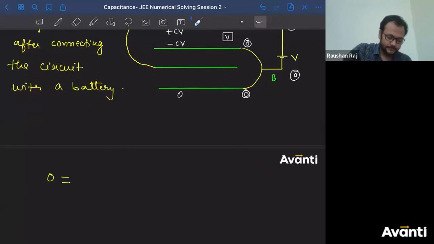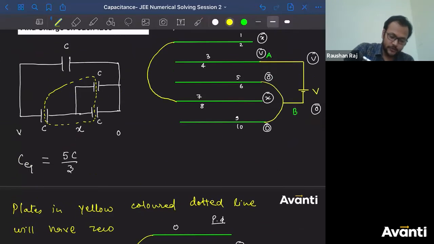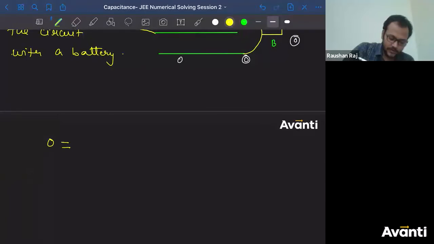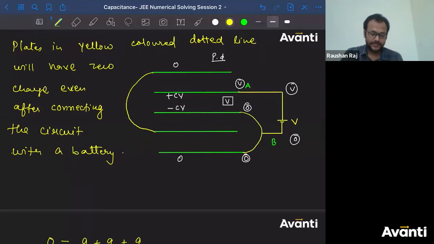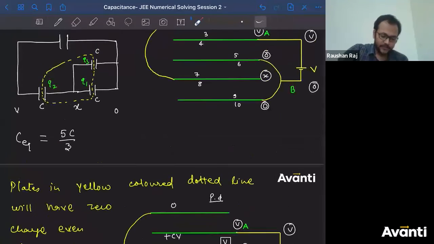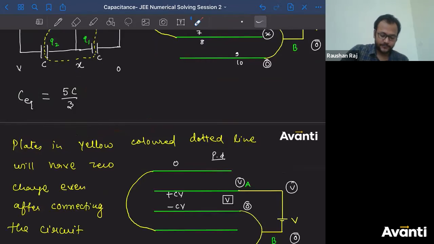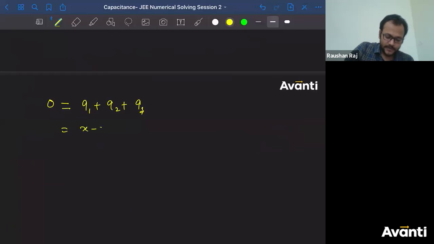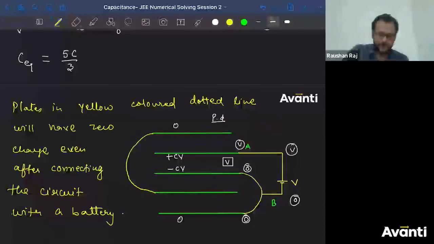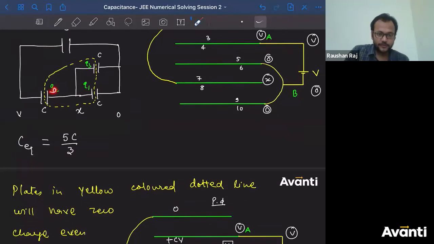So I'll write. Let me write it now. पहले q1 q2 लिख. This is the first time I'm solving this. So I'm writing q1, q2 and q3, should be equal to q1 plus q2 plus q3. Now I'll get the value of q1, q2, q3 individually. So q1 will be written as x minus 0 into capacitance, that is C. So x minus 0 into C. What is the value of q2? तो x minus v. Now you might say that sir, why did you consider x minus v? Why not v minus x?